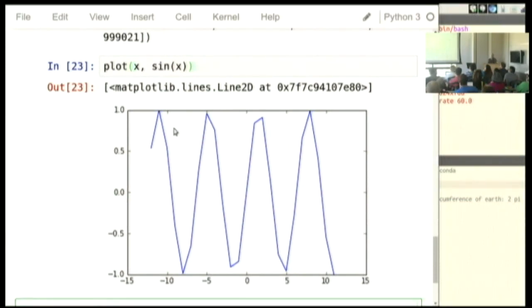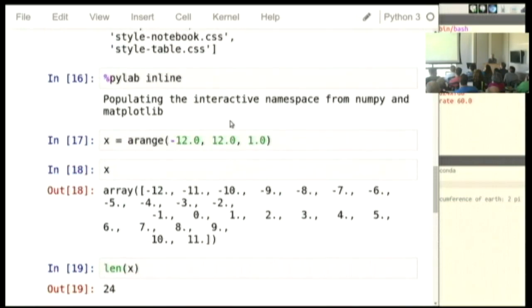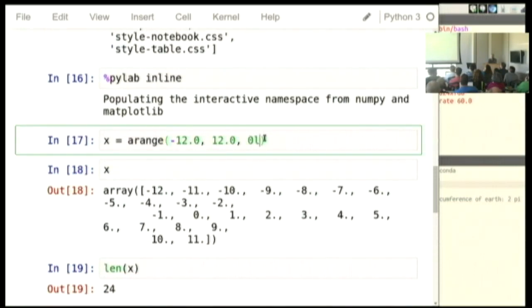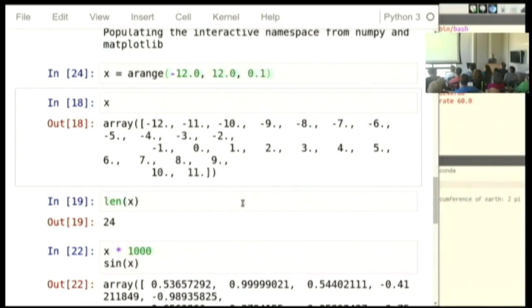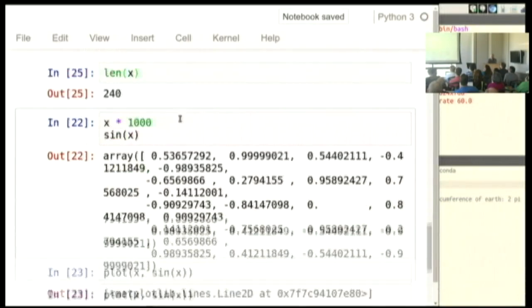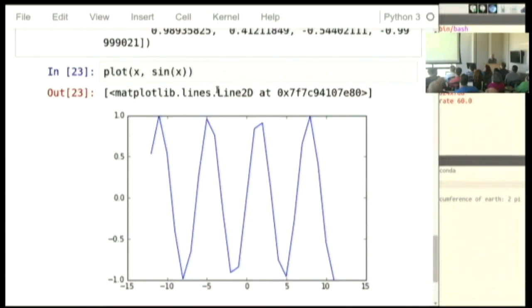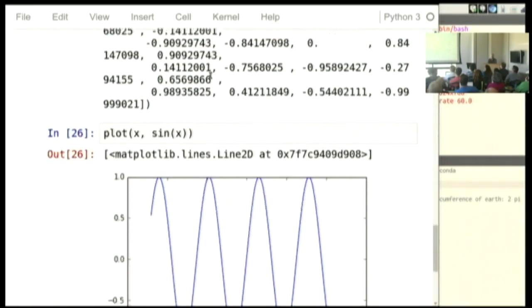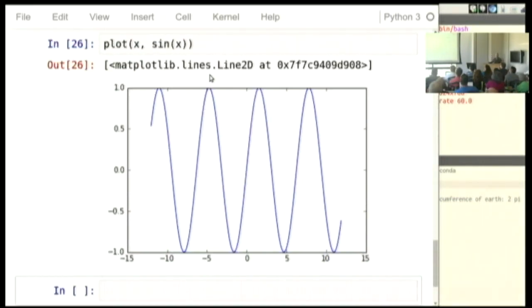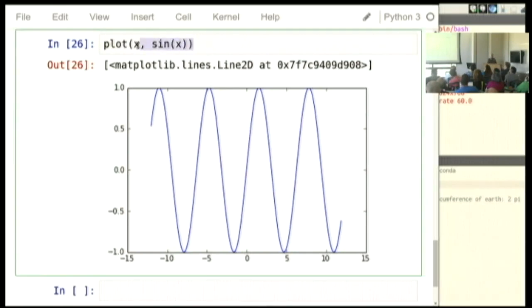We don't get very smooth curves with a step size of 1. So let's move it to a step size of 1/10. We now have a length of 240 different items. And if I now re-execute this cell, we now get a fairly smooth sine wave. These tools delight people who work with numbers because in a lot of languages, taking the sine of 240 numbers is often more code than this.